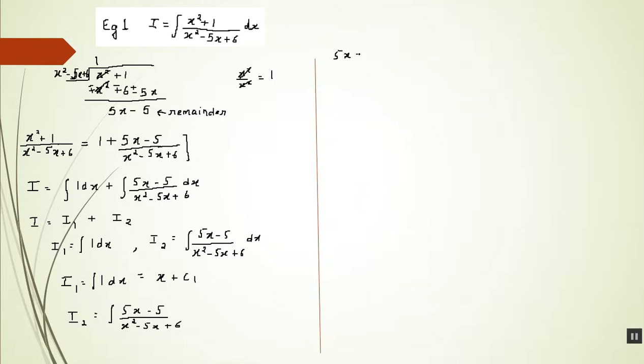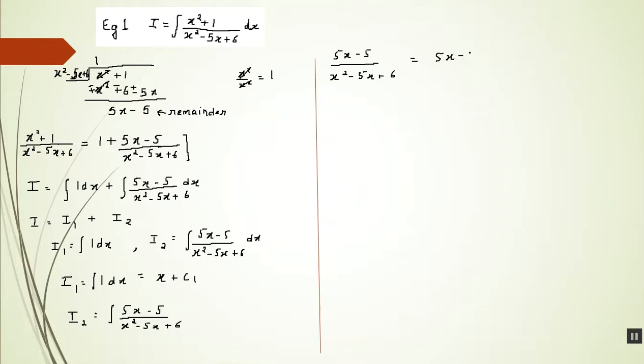5x minus 5 divided by x square minus 5x plus 6. We have to first check whether the polynomial at the denominator can be factorized. If it can, we must factorize it. Therefore, I can write this as